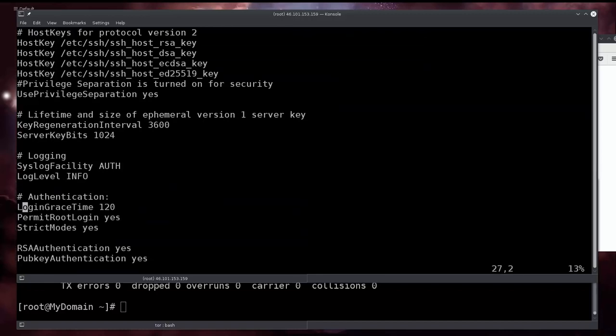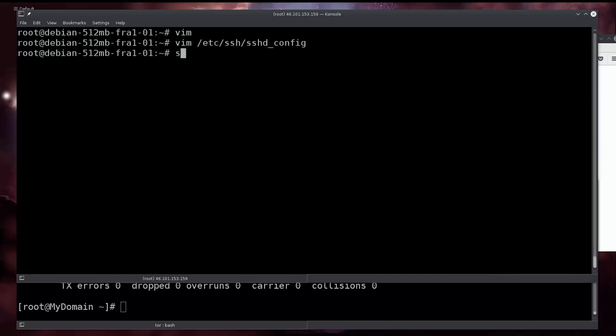Just go ahead and type this in: without-password. Okay, so write quit. And now just type in service ssh restart, service sshd restart,